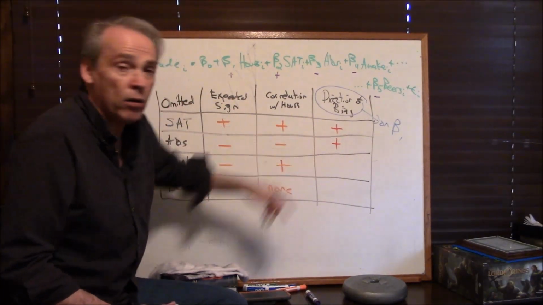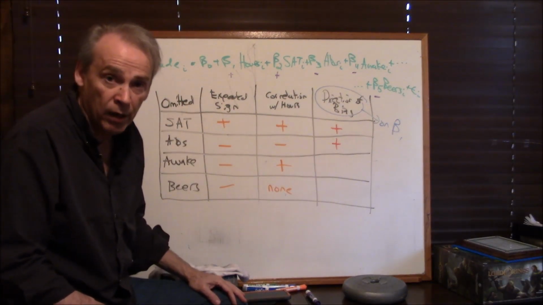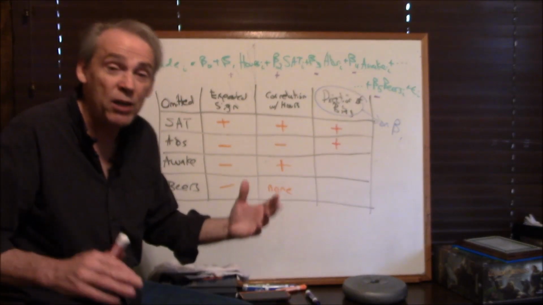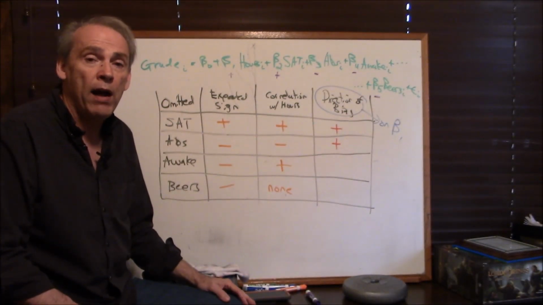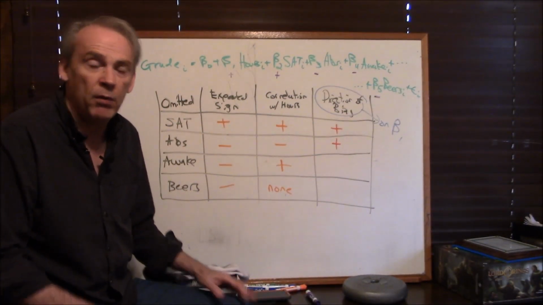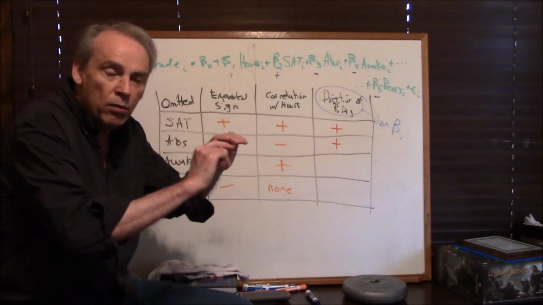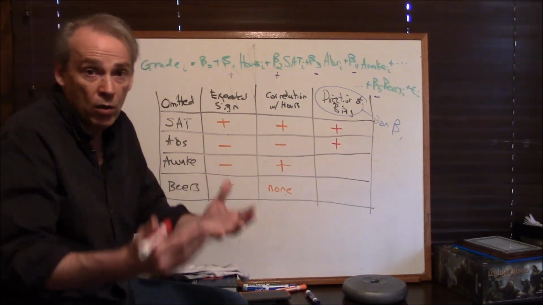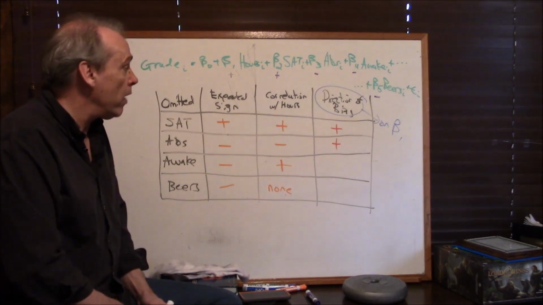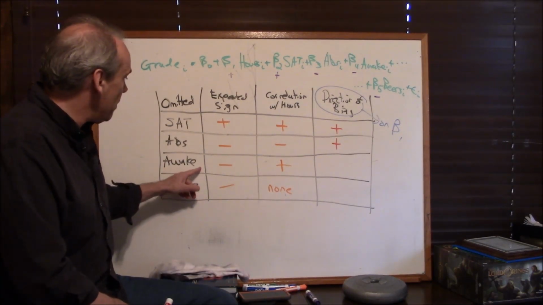Leaving both of those out, of course, would bias beta sub 1 a lot bigger, and you would never notice. Because you would be like, oh, that's interesting. Boy, hours of study is like just about everything. When in fact, it's not just about everything. You left other stuff out that is correlated with hours of study in a way that would make beta sub 1 bigger. What about hours being awake?